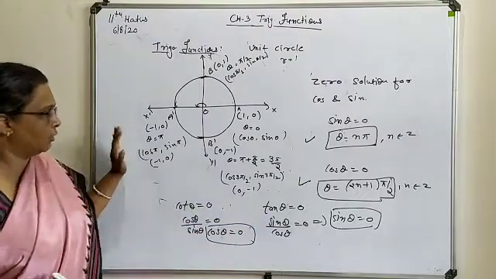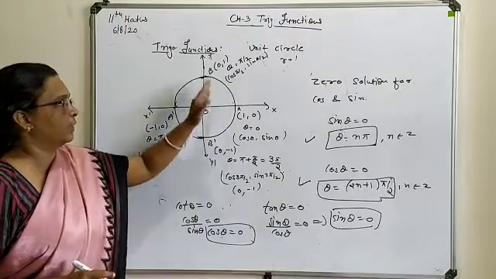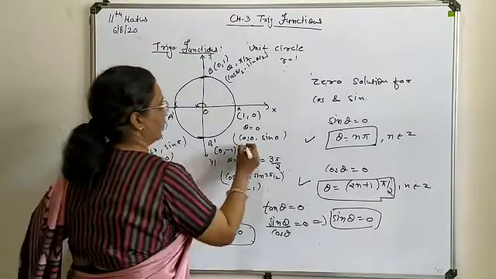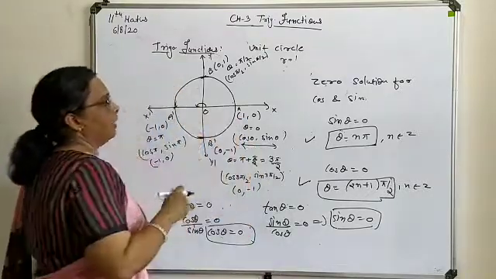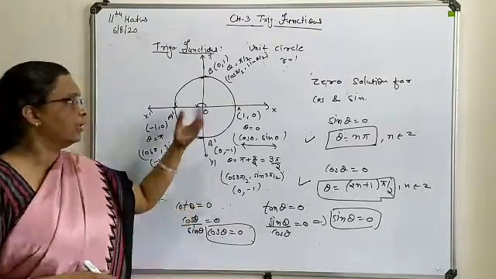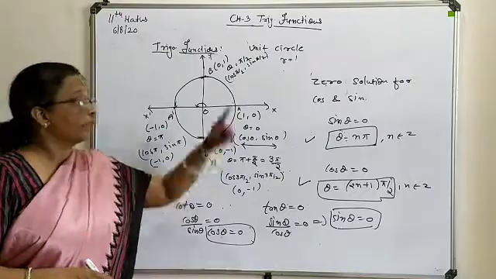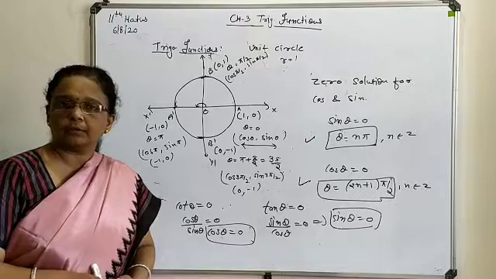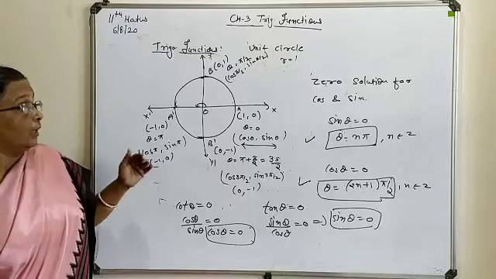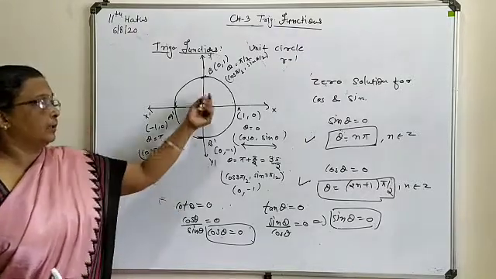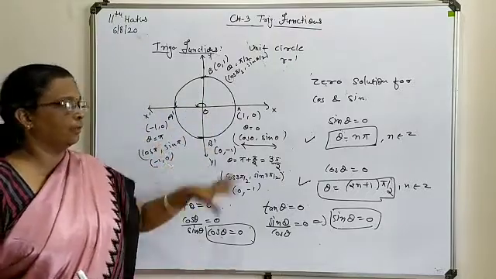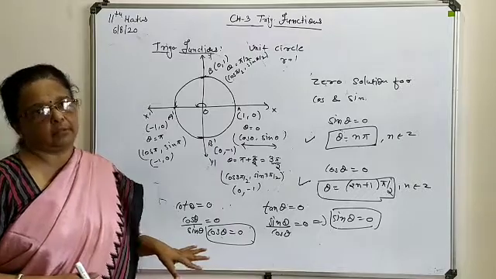So this way you can find the position on the axis as per these standard values. Be very sure that when you are talking about any point on a unit circle, it will be expressed in terms of cos theta and sin theta. This is the basic concept of the representation of any point on the circumference of a circle with unit radius. Next, we will discuss the sign concept regarding each quadrant 1, 2, 3 and 4. On the basis of that, the whole of trigonometry is going to be worked out.